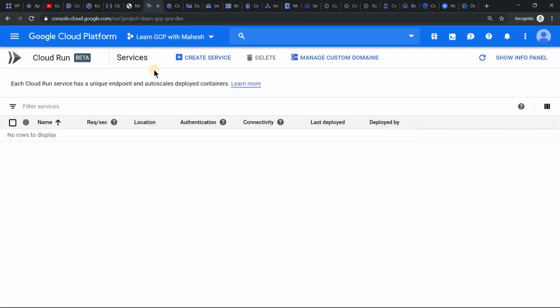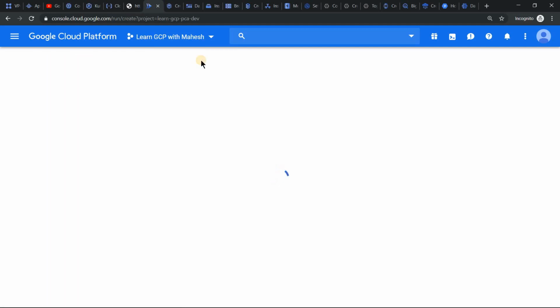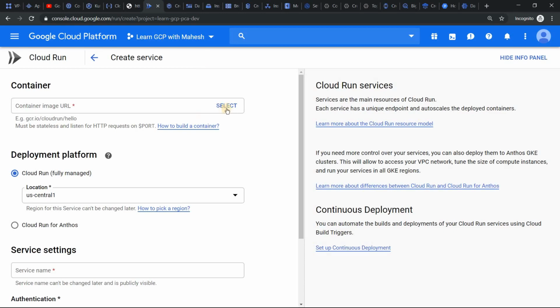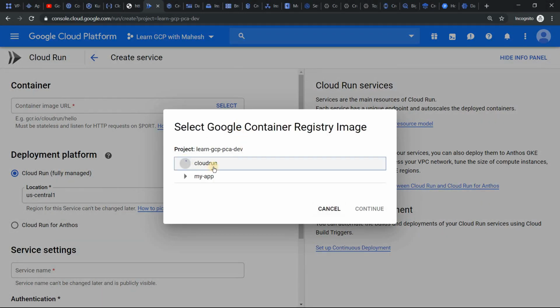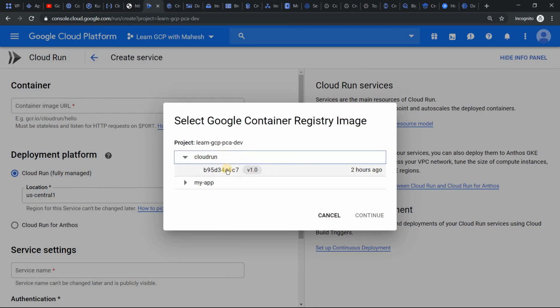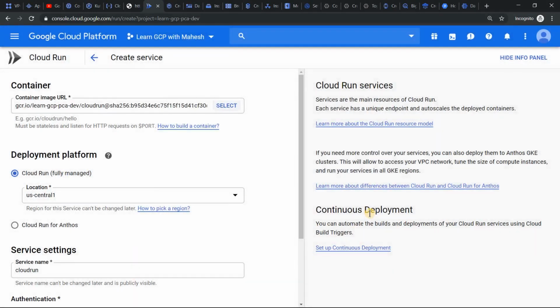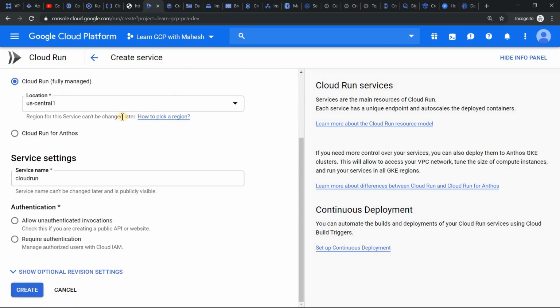Let's move on to the most recent compute option, which is Cloud Run, and let's try to create whether Cloud Run can be provisioned or not. So I already have a container image which I have provisioned for this demo purpose. I'm going to use this. This is a simple hello world application which uses Node 11 version, which is not supported in Cloud Run or in App Engine. So that's a thing. It's already containerized. Only thing, I'm just going to make this allow so that I can access it publicly. Let me click on create.